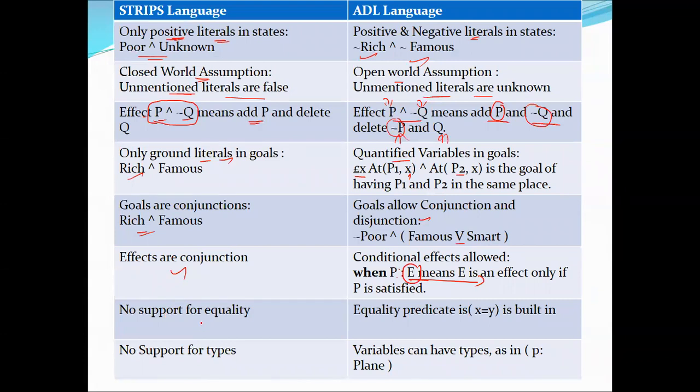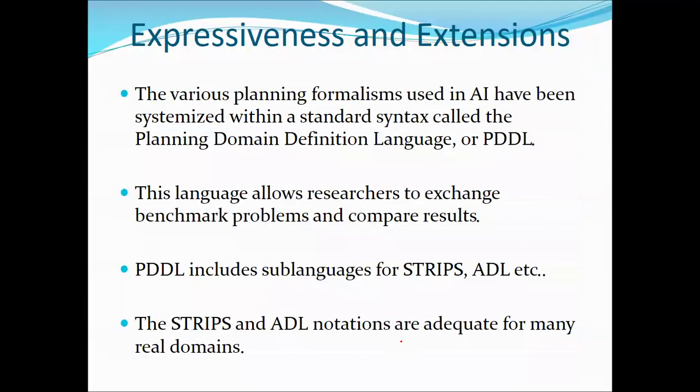And STRIPS does not support equality operation, right? You cannot compare two things whether they are equal or not. Whereas ADL supports equality operation. And STRIPS does not support any data types. Whereas ADL can support types. So here we have used like p colon plane, which means p is a type of plane. Right? So this is the difference between